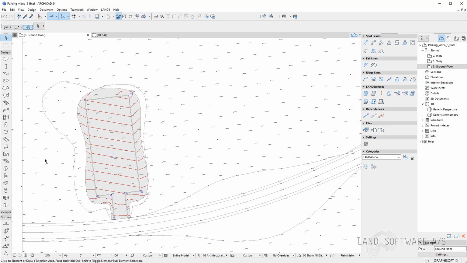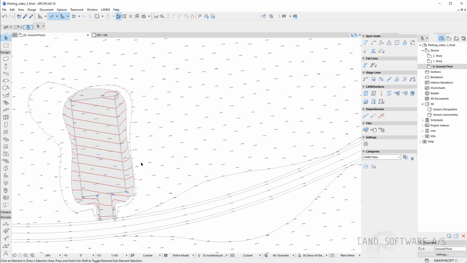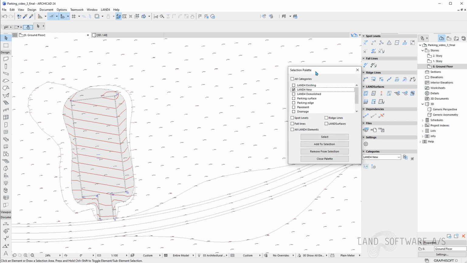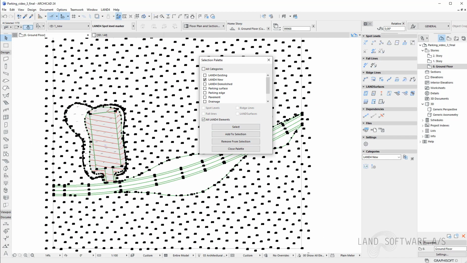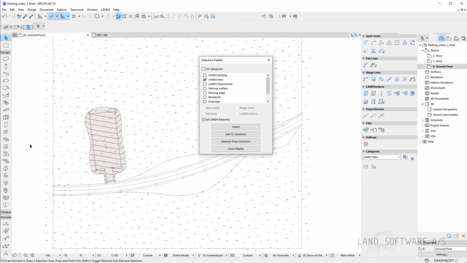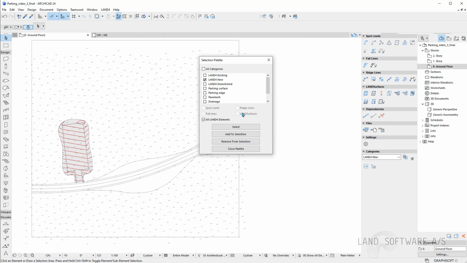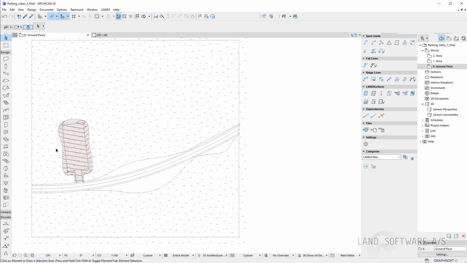Therefore, I can still adjust these volumes better. So I will start by selecting the land for new objects, and I will delete them. And that is because I want to construct a new terrain from scratch.